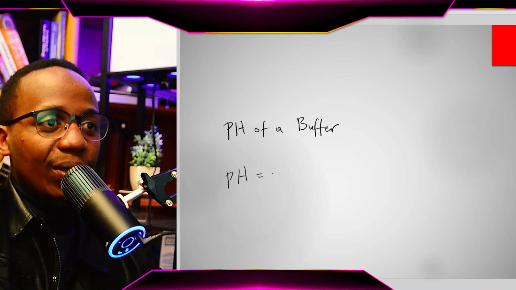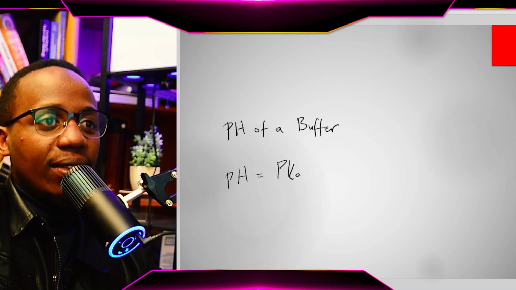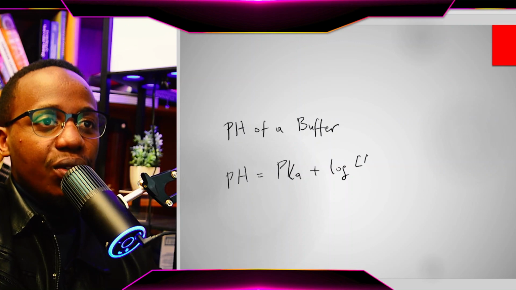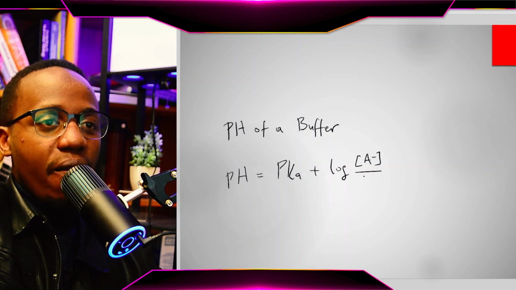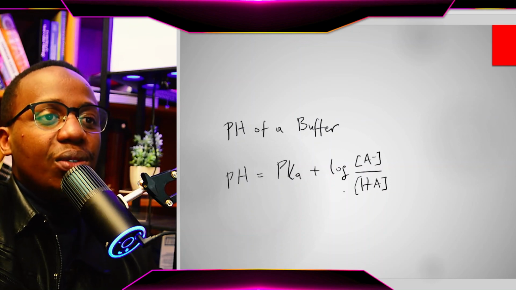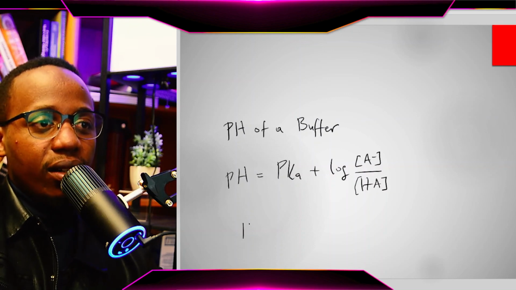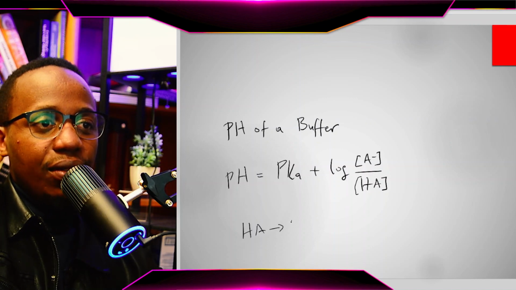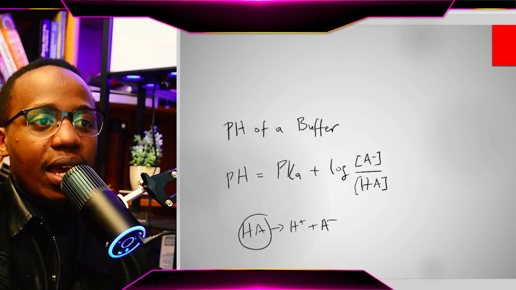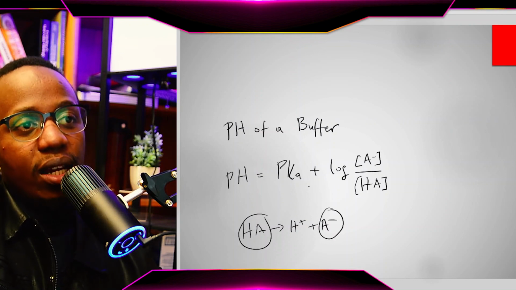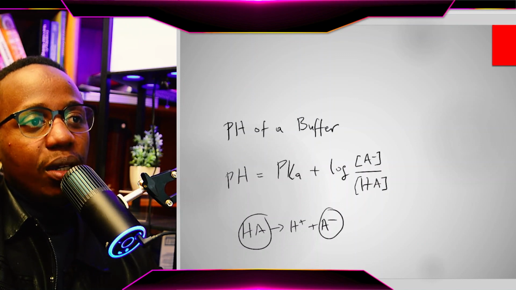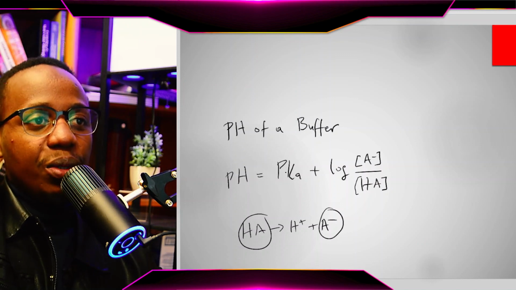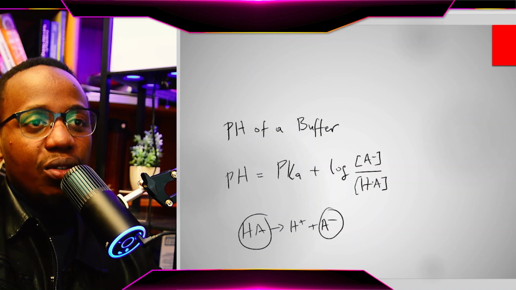pH is equal to pKa plus log of concentration of A minus over concentration of HA. And we know this, right? We know this from the equation: HA gives you H plus and A minus. So H plus is the acid, A minus is the conjugate base, right? So the pH of a buffer is going to be equal to pKa plus log of A minus over HA,